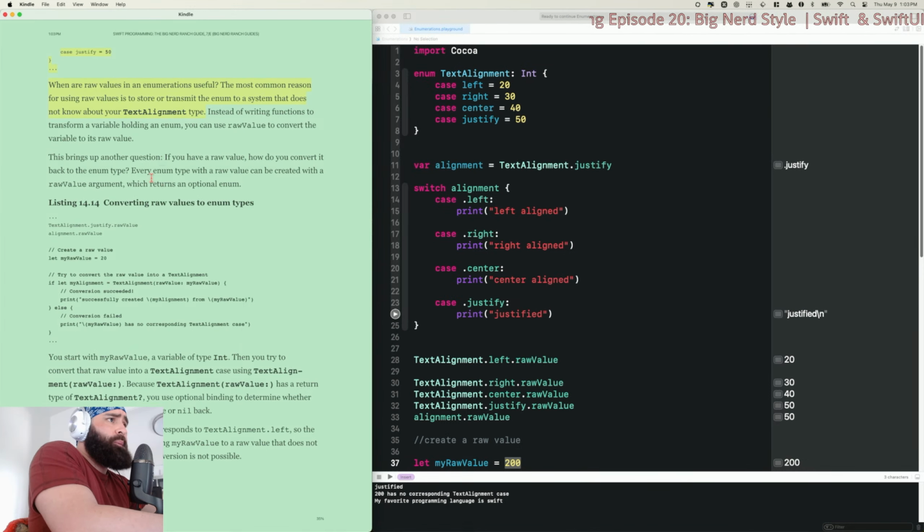So when are raw values in enumerations useful? The most common reason for using raw values is to store or transmit the enum to a system that does not know about your text alignment type.